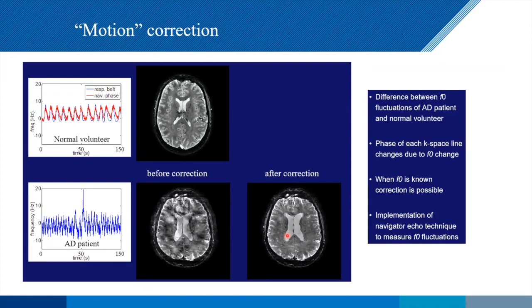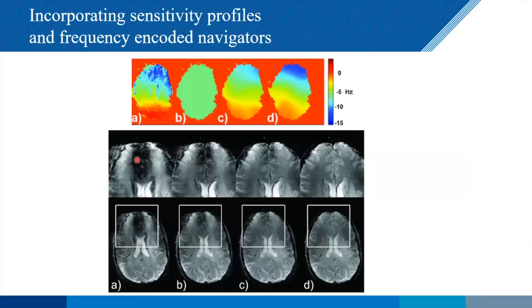Of course, this is assuming that this F0 change over here is uniform, is everywhere. But of course, we have much more information than that, right? Because we have all of our receive array coils. And we can look at the phase in each of those coils. We can see those changes. So we don't have to just make a uniform change. We can actually make a much more localized change to each k-space line. And if we do that, we can move over here.